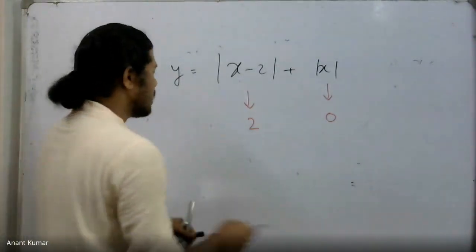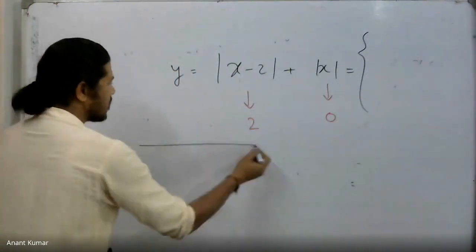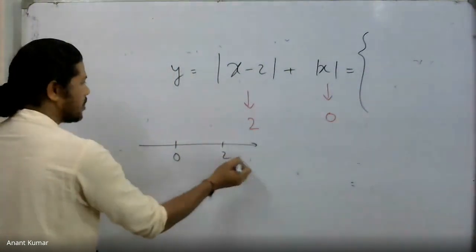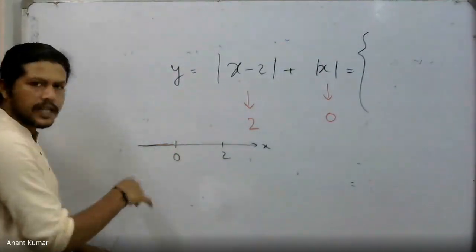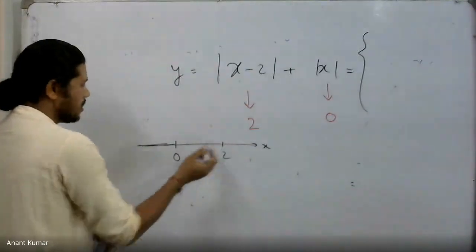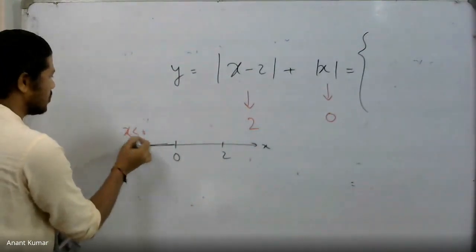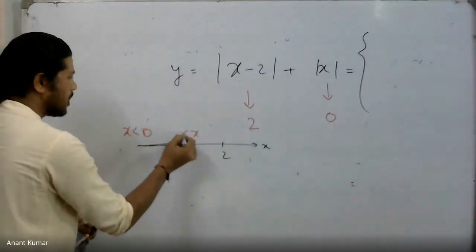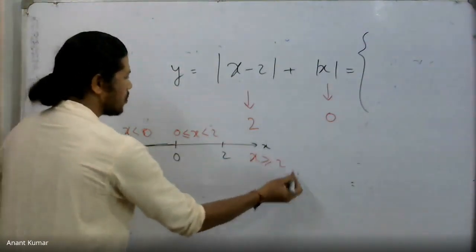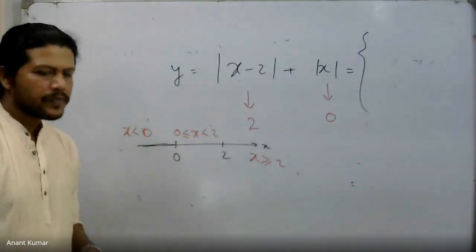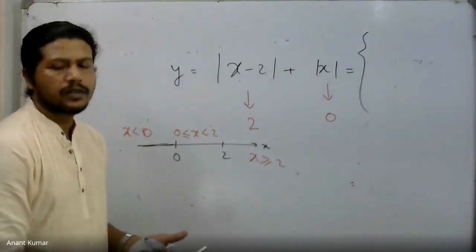Okay, in this case, the real axis will be divided by 0 and 2. So we have this side which is x less than 0, this side which is x more than or equal to 0. So I have this part x less than 0. This part is x more than or equal to 0 but less than 2. And this part is x more than or equal to 2. Is it visible? Yeah. So I just consider each of the regions and rewrite the definition accordingly.